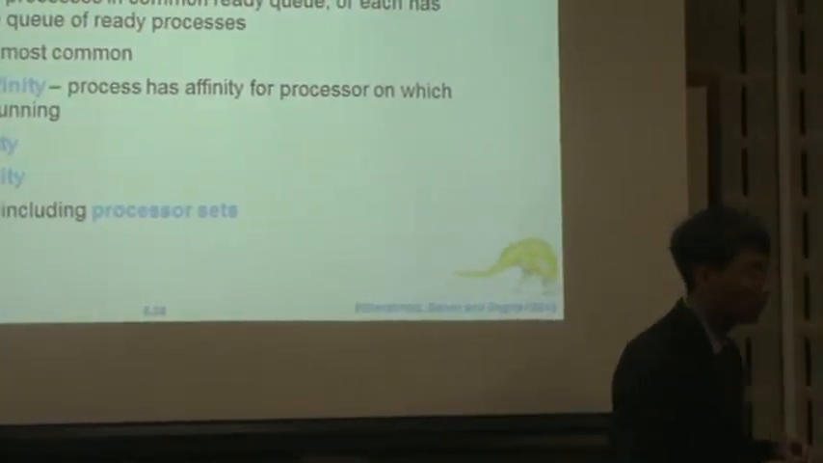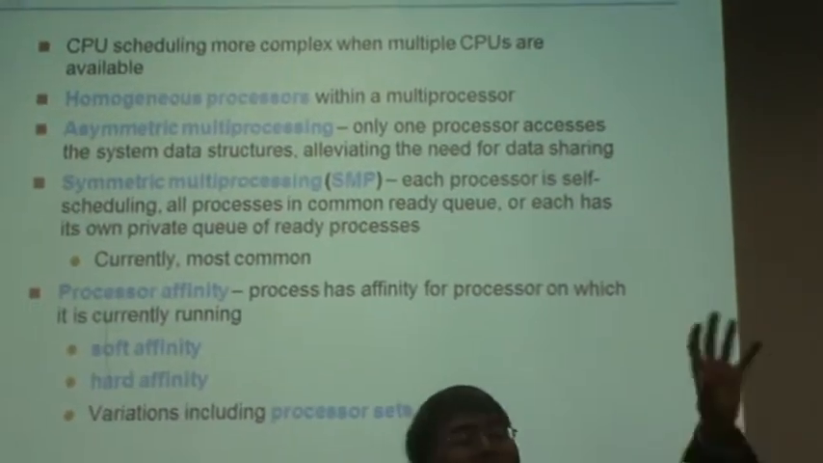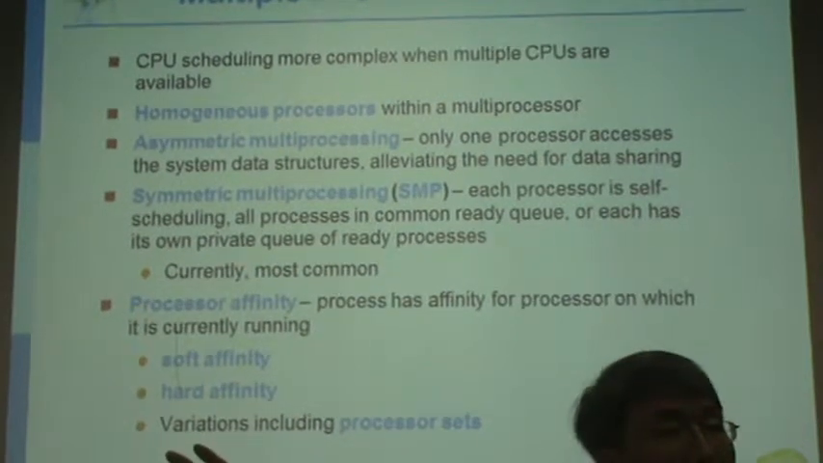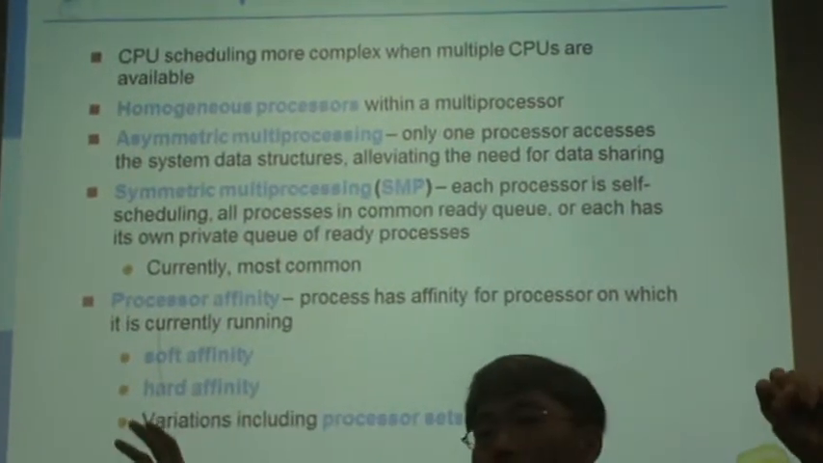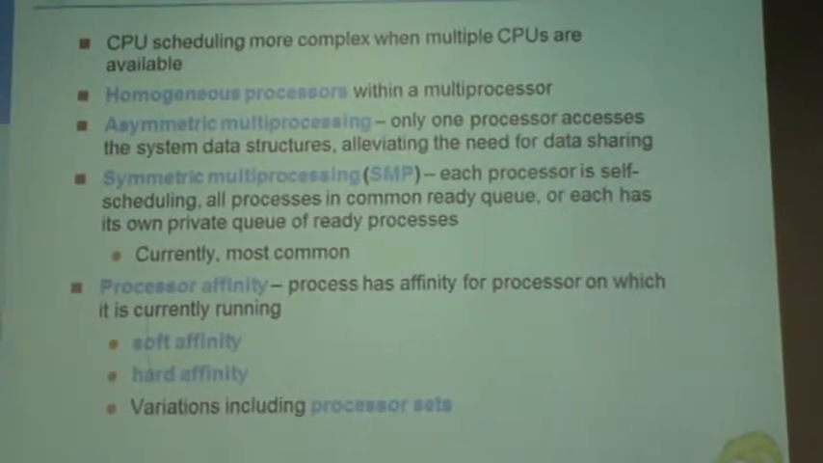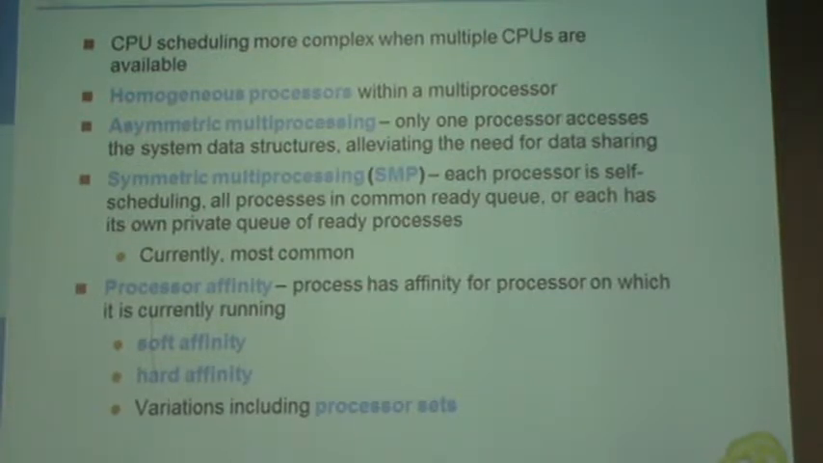Another one is asymmetric multiprocessing. In asymmetric multiprocessing, the processors are different, so they cannot share any information. Each processor should have its own scheduler, so that is simpler. But nowadays, most multiple processor machines are SMP machines, symmetric multiprocessors. So at that time, we can consider affinity. Affinity means